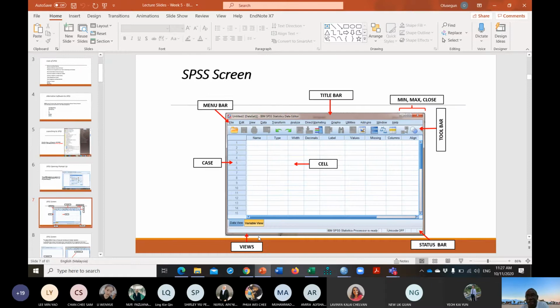And these are called cells. The title bar, the minimize, maximize, we can all see on the screen because we have been using different software. What is more important to us is the view. So we can see the cell just as in Excel. So that's a cell. And this is what I call a case. So any entry you enter on this line forms each case. So by the time you enter your full data,